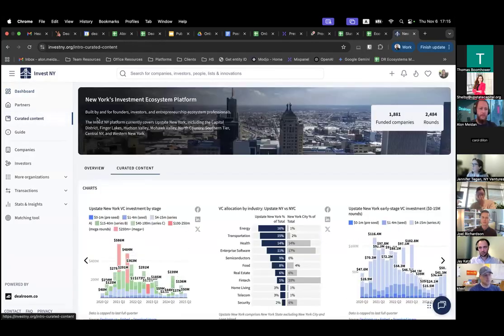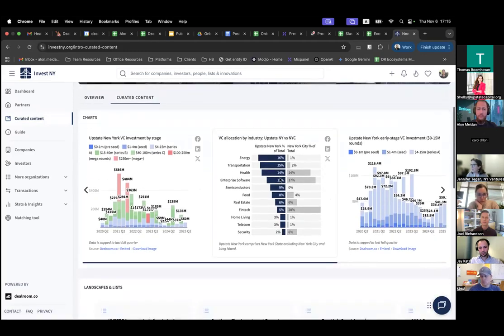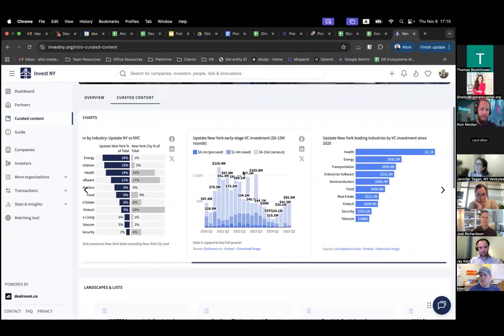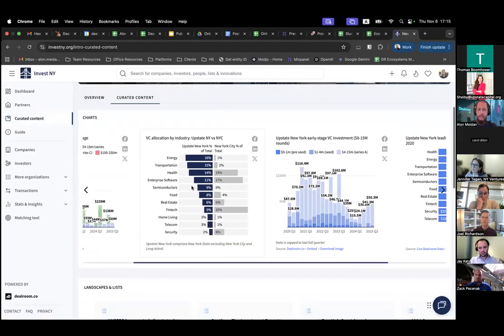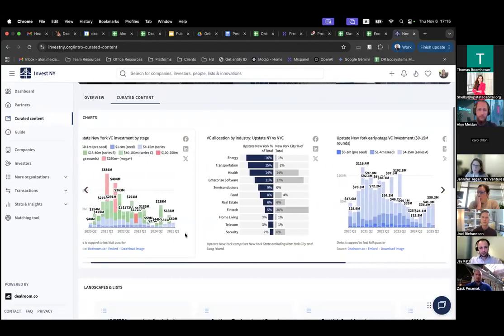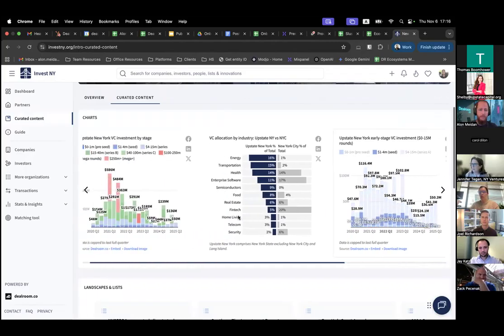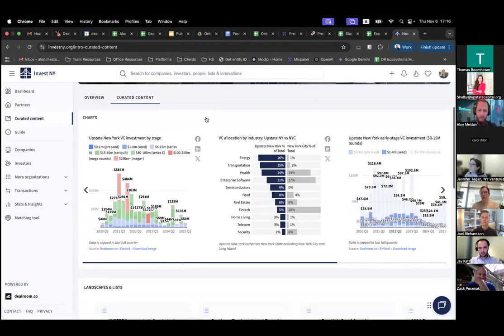Next up is our curated content page. It's number 3 on the menu here. This is where we've got a few charts related to Upstate New York, some tidbits of interesting information made by our own research team at Dealroom. We've got a pretty substantial research team. And these, of course, are updated pretty much automatically. You'll see that Q2 is the last one. We haven't, I think, done Q3 yet for all of these, but we will do soon. And if any one of these is kind of interesting to you, then you can always talk to us and we'll help you find the underlying data.